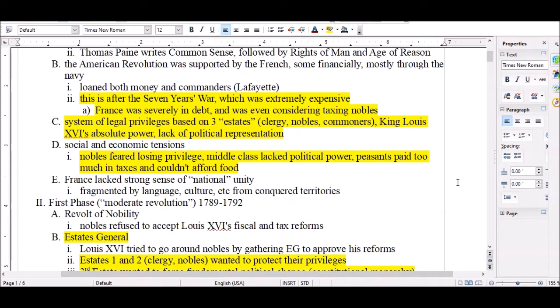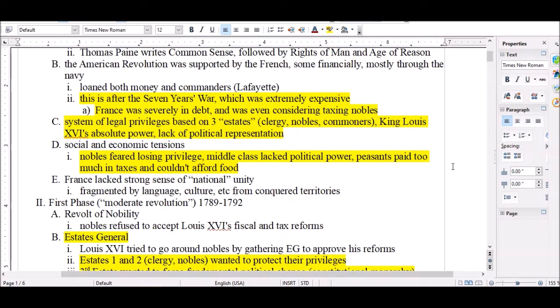The clergy, priests, bishops, whoever else, and the nobility, that aristocracy, landowning elite group, were exempt from most taxes. The peasantry, the commoners, ended up basically covering all the taxes for the country. So the people who have the least are the ones who are required to pay the most. It's not great. Well, for them. It's awesome for clergy and nobility.